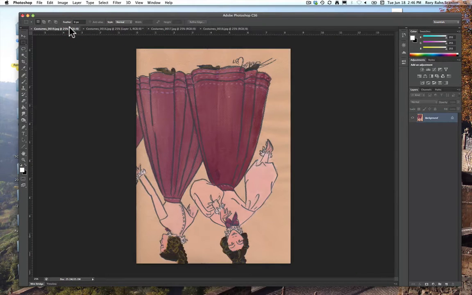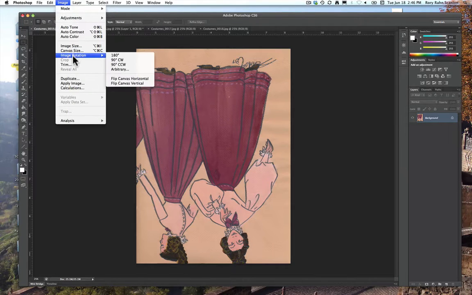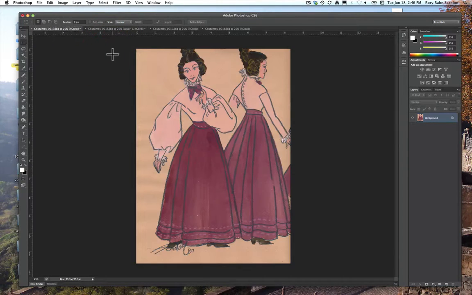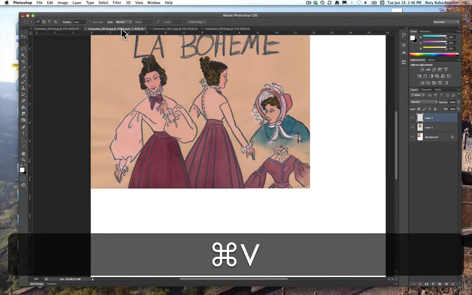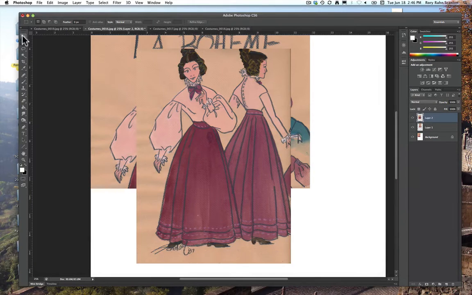Now the problem is it's upside down. That looks to be it. I'm going to go up to Image, and I'm going to rotate it 180 degrees. There it is. I'm going to do Command A for select all, Command C for copy, and then I'm going to go back to my image and Command V to paste it. Now I want my